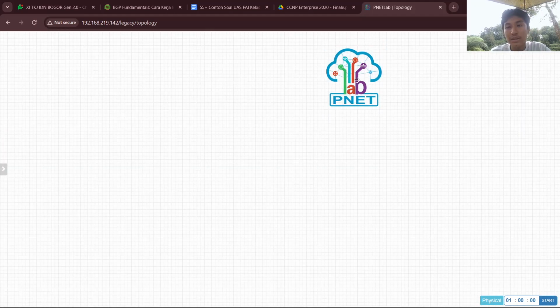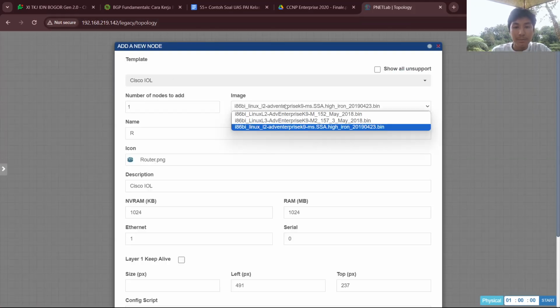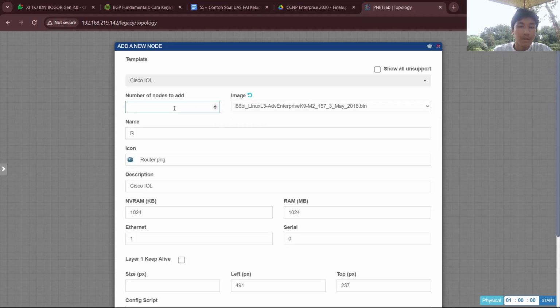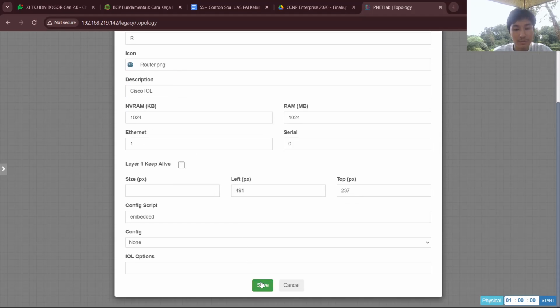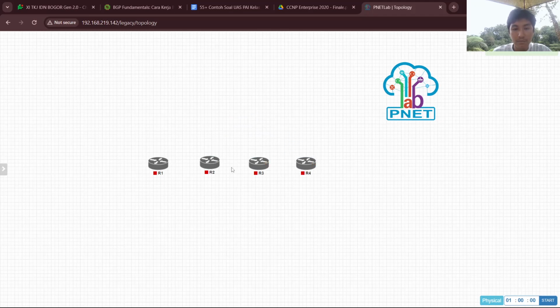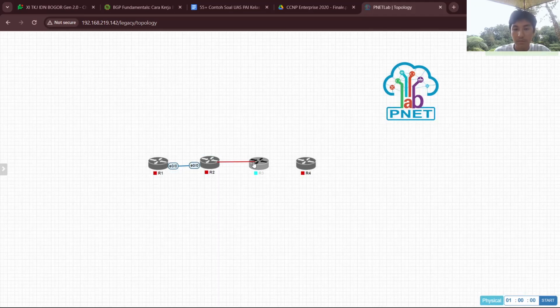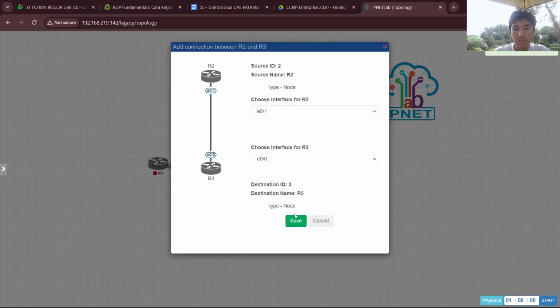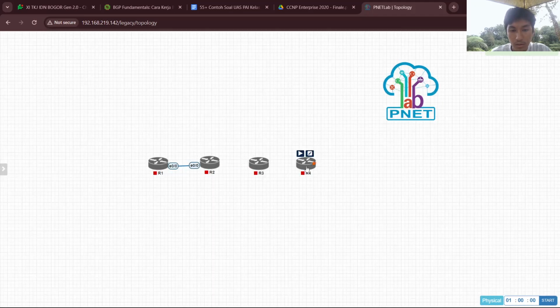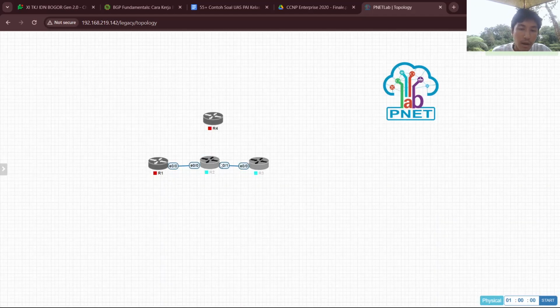I will use the PNet lab to demonstrate the BGP attribute community. We will use 3 Cisco routers. So this is the lab, and we just need to connect them.